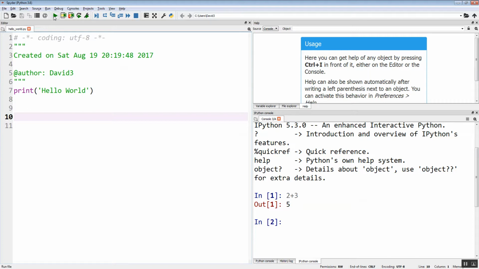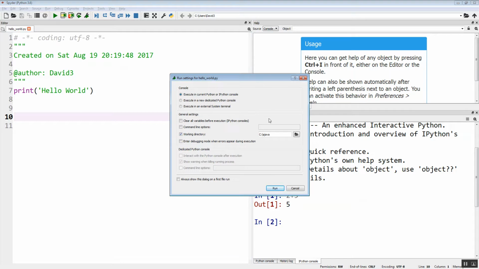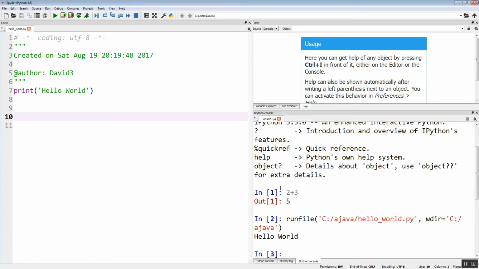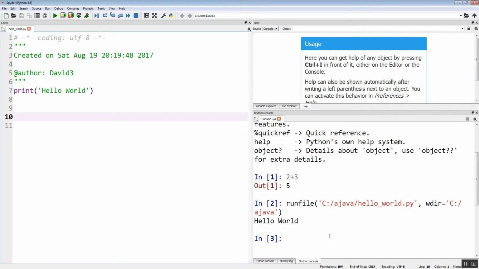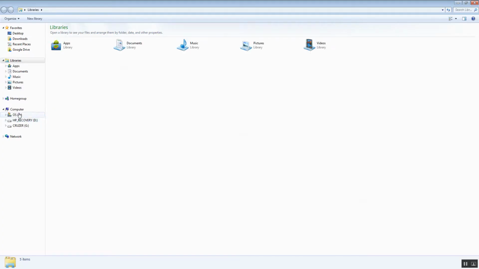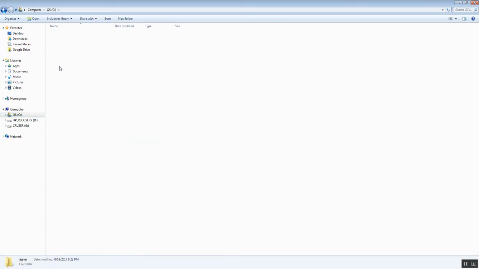Now if I run this, come up here, click Run File. You see it'll say execute in current Python or IPython console and so forth. If I click Run, then you see over here, it tells us Hello World. So that's all it does, nothing exciting. If I go to a Java folder,